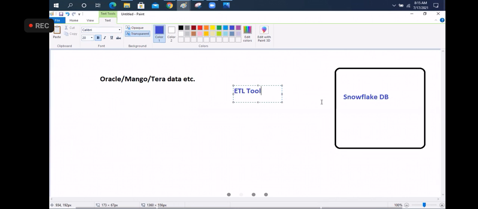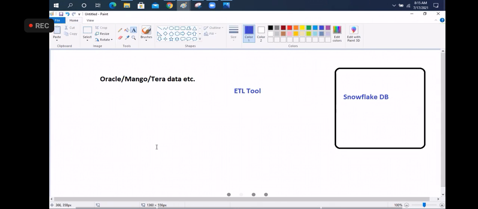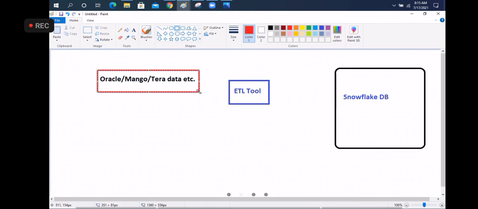So using an ETL tool, what it will do is, this ETL tool is a kind of middleware, or it can be a data pump. And these are the databases, right? From Oracle, people will extract the data. Before extracting the data, they have to investigate